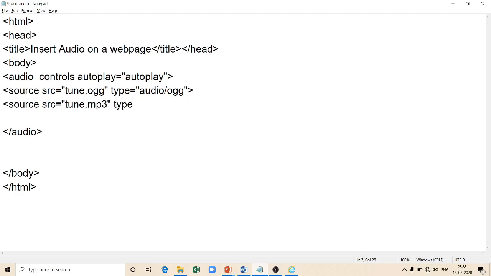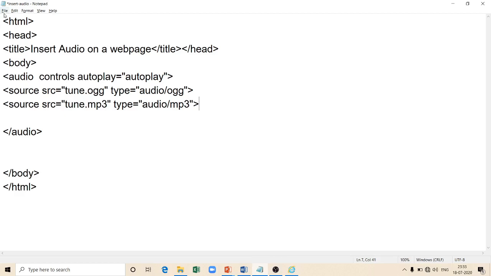So it is possible for me to add these two files and the browser will choose whichever file is supported by the browser. We have seen that OGG format is not supported by Internet Explorer. I have added the file called tune with OGG extension and the file with mp3 extension.